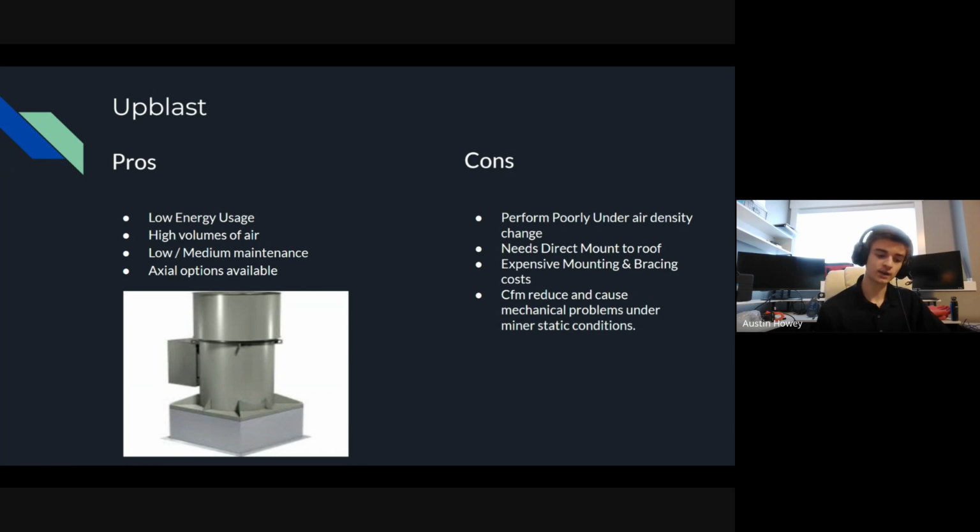Not unless you can get a really good deal on short upblast, because short upblasts are pretty cheap. You're minimizing your expenses in material cost, because these things are pretty big. It's called a wind band on top. 90% of the time, that's what they have. They'll call it a vane axial, or a vane section. What these essentially do is protect the hot air that's being exhausted out of your fan. It creates a chute for it, kind of like a vortex chute,